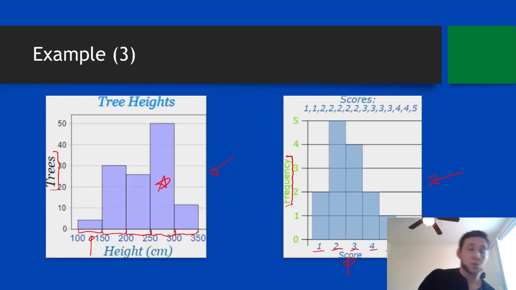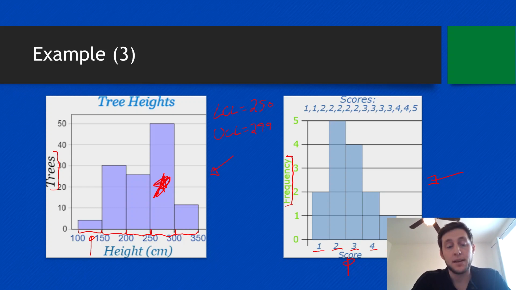If I go back to my tree example, which is of course all marked up, if I pick on the one with the star on it, my lower class limit, I'm not talking about cholesterol levels, my lower class limit for this one right here would be 250. My upper class limit you would think would be 300 because that's what we bump up to, but we're actually going to probably list